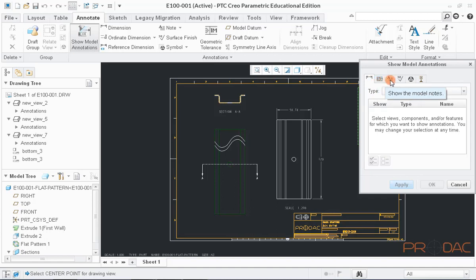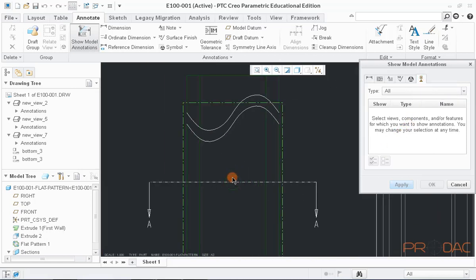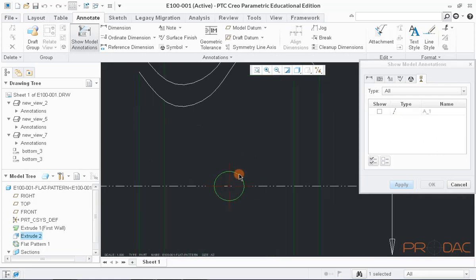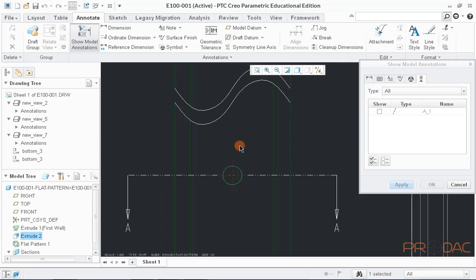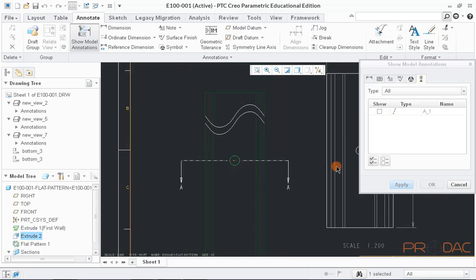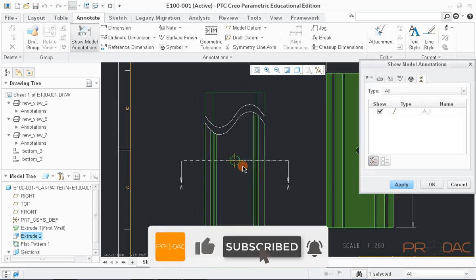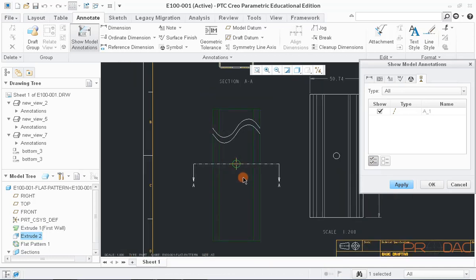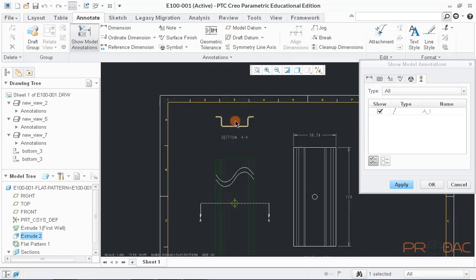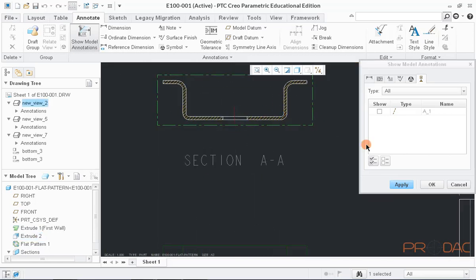We'll be showing model datums first, which can be done by the last tab. So, click on the last tab and then select the view where we want to display these annotations. The moment we select the view, annotations will appear in the view, and then we have to make selection of these annotations in the view itself, followed by click on Apply button in the pop-up window, or else we can select annotations one by one by checking them in pop-up window and then click on Apply button. Also, we can have center line displayed in the views.